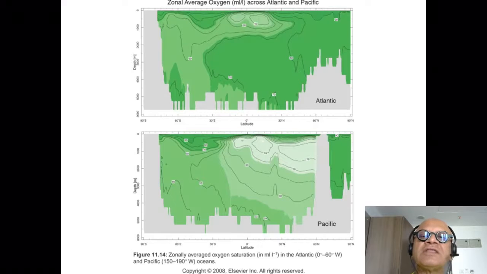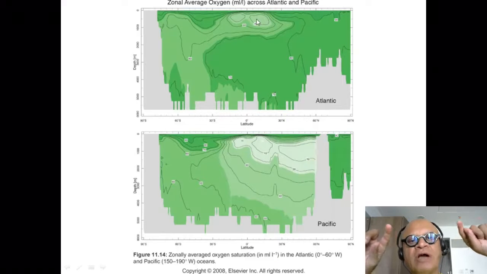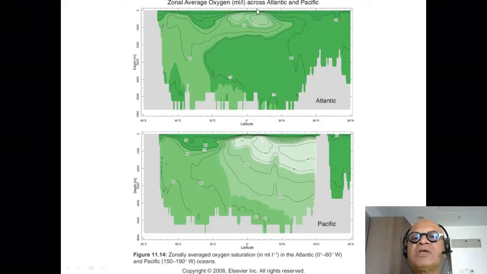So you can see that the oxygen that is nearly saturated at the surface also gets taken down by the North Atlantic deep water. You have the upwelling and low oxygen regions here because the biology and the respiration controls the subsurface oxygen minimum zones here, which I think we haven't explicitly looked at. But basically, imagine photosynthesis and atmospheric exchanges at the surface. Oxygen is high at the surface.